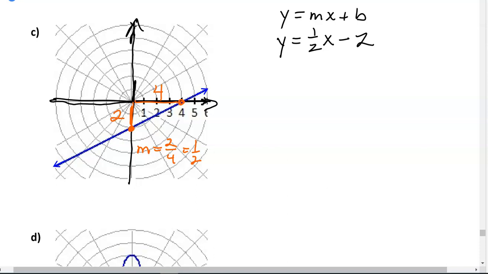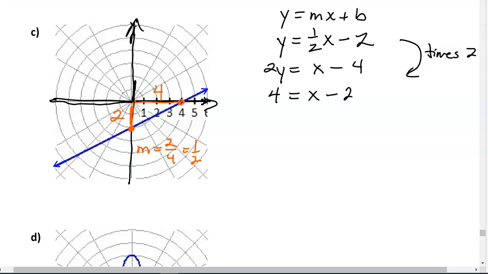It will be easier to convert an equation if it's in standard form, that is to say, no fractions. So let's multiply everything by 2. 2y equals x minus 4. And then I'm going to swap the 4 and the 2y, add 4 to both sides, subtract 2y from both sides. From this point, we can replace x with r times the cosine of theta, and y with r times